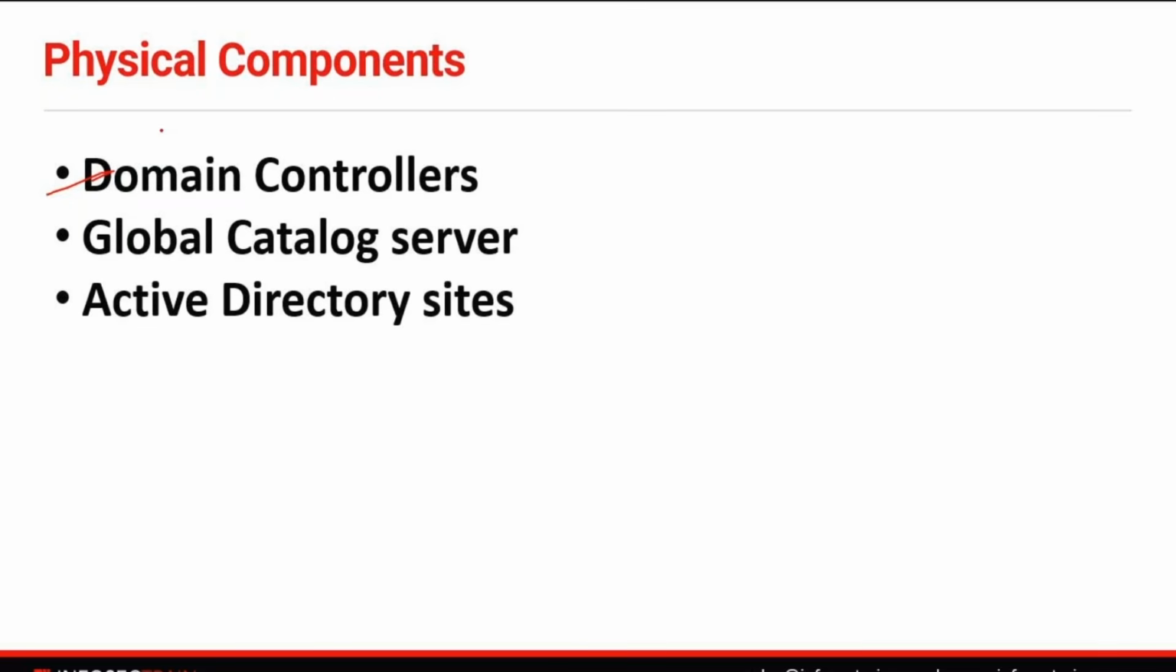A domain controller is a computer that runs a Windows Server operating system, right? And it holds the Active Directory Domain Services role. It can either be a physical server or a virtual server, right? Now the domain controller basically holds the directory partition that will be replicated to other domain controllers in the same domain,